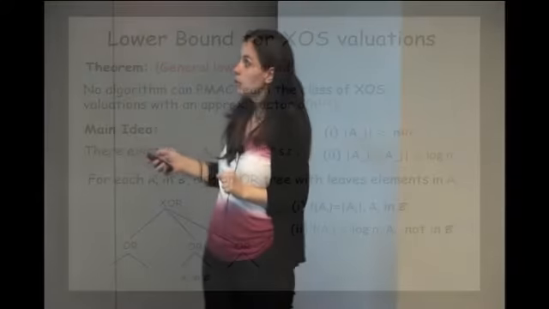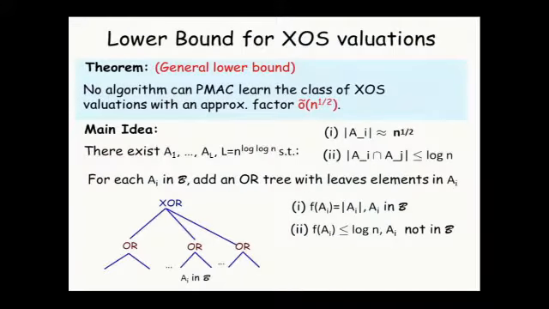And then just by the definition of an XOS function, we get that for all A_i belonging to this set B, f of A_i is the cardinality of A_i, because it's again a max of sums. This is the value of the function. And for any A_i not in B, we get that f of A_i is upper bounded by log n, and this follows from this upper bound on the pairwise intersection. And now given this,